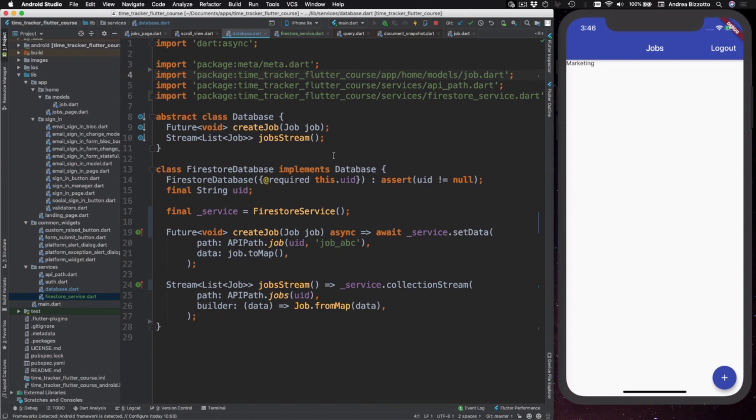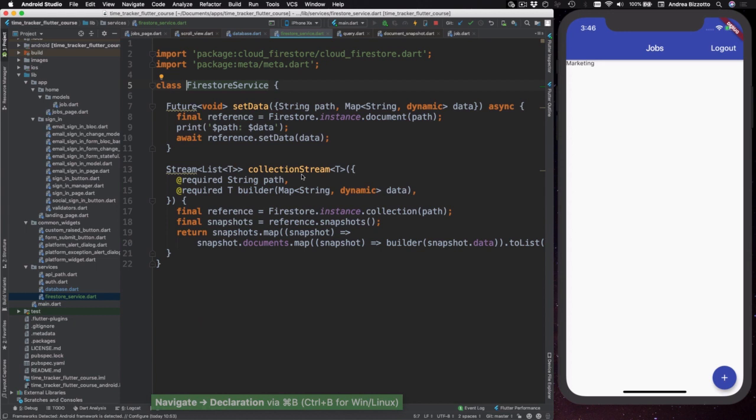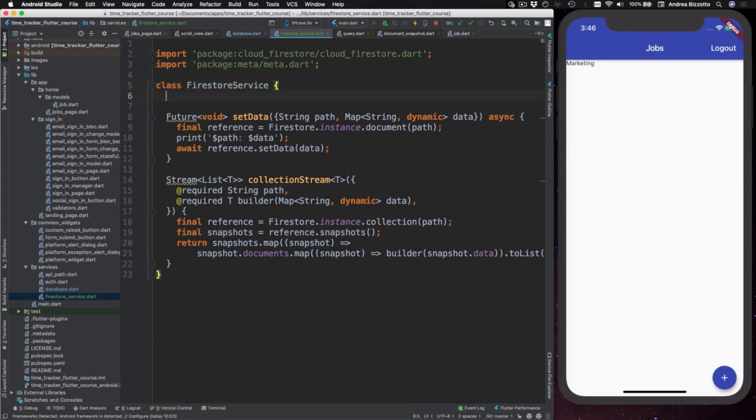Okay, so before we move on, there is one last thing that I want to do. And that is that I want my FirestoreService class to only be accessible by a singleton object. And the main reason for that is that I may create multiple classes that need to communicate with FirestoreService, but I don't want multiple instances of FirestoreService. So in order to achieve this, I'm going to create a private constructor. So I'm going to type in